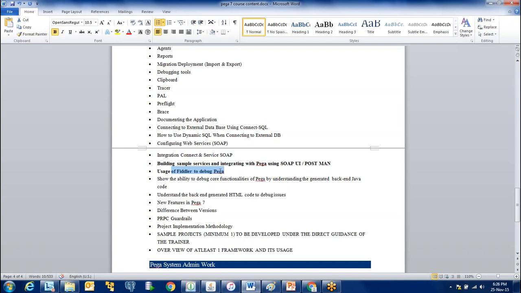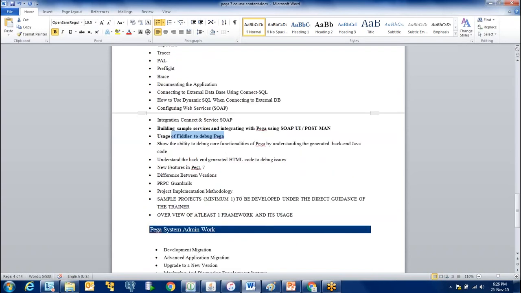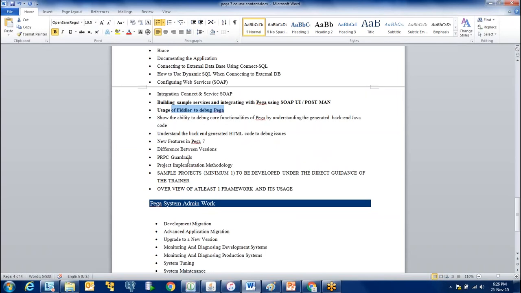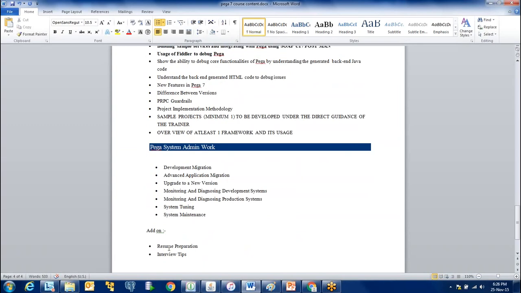Another thing is the usage of Fiddler to debug Pega, which is a third-party tool. The guardrails on how to make use of Pega and the best functionality present. Another important thing is admin work, where you need to know how to tune the application's development and deploy the systems. So these are the things we would cover in this course.